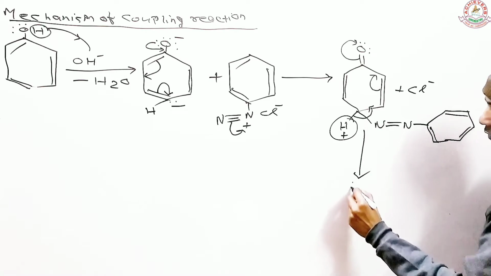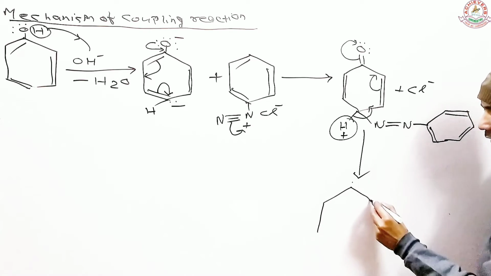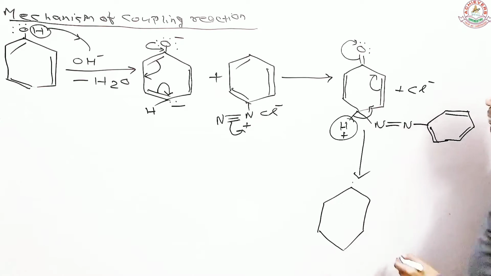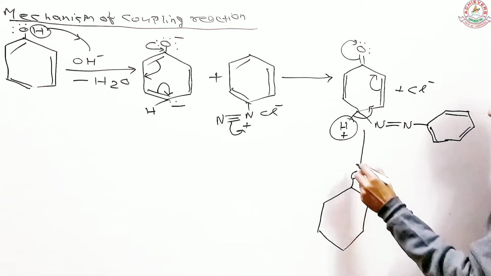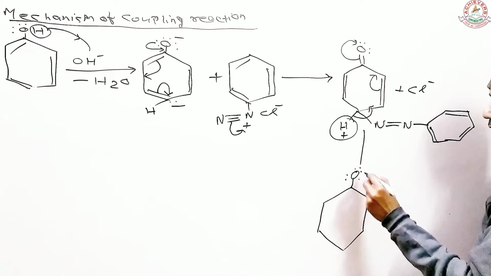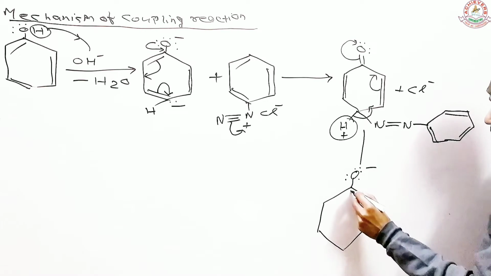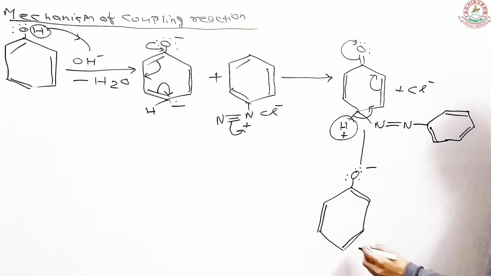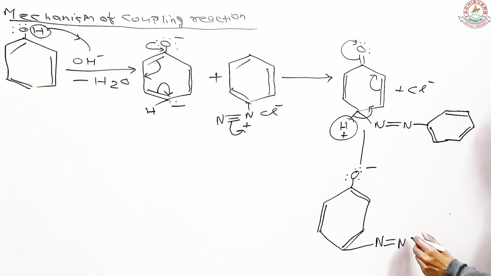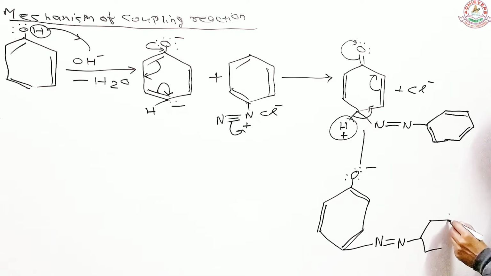So you have a benzene here, and with the benzene, up here, you have a single bond, oxygen. Now you have 3 electron pairs with a negative charge, and then you have a double bond here, another double bond right there, and then another double bond right here. And along with that, on the para position, your nitrogen, again a double bond, and this nitrogen is bonded to the benzene.